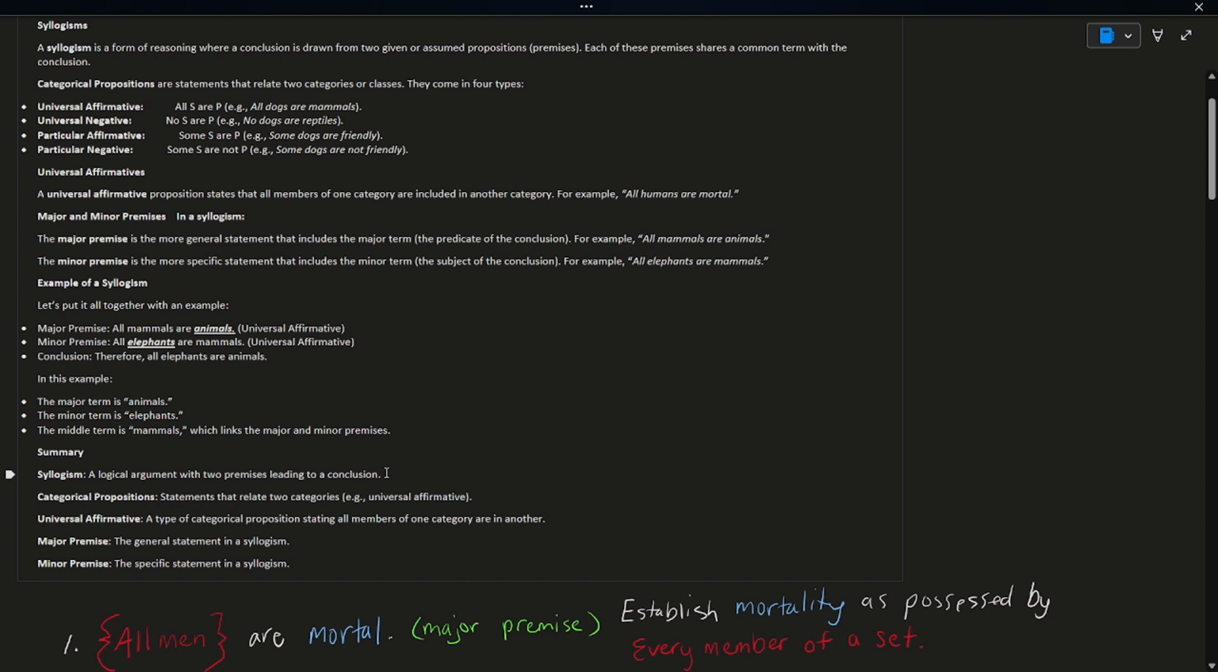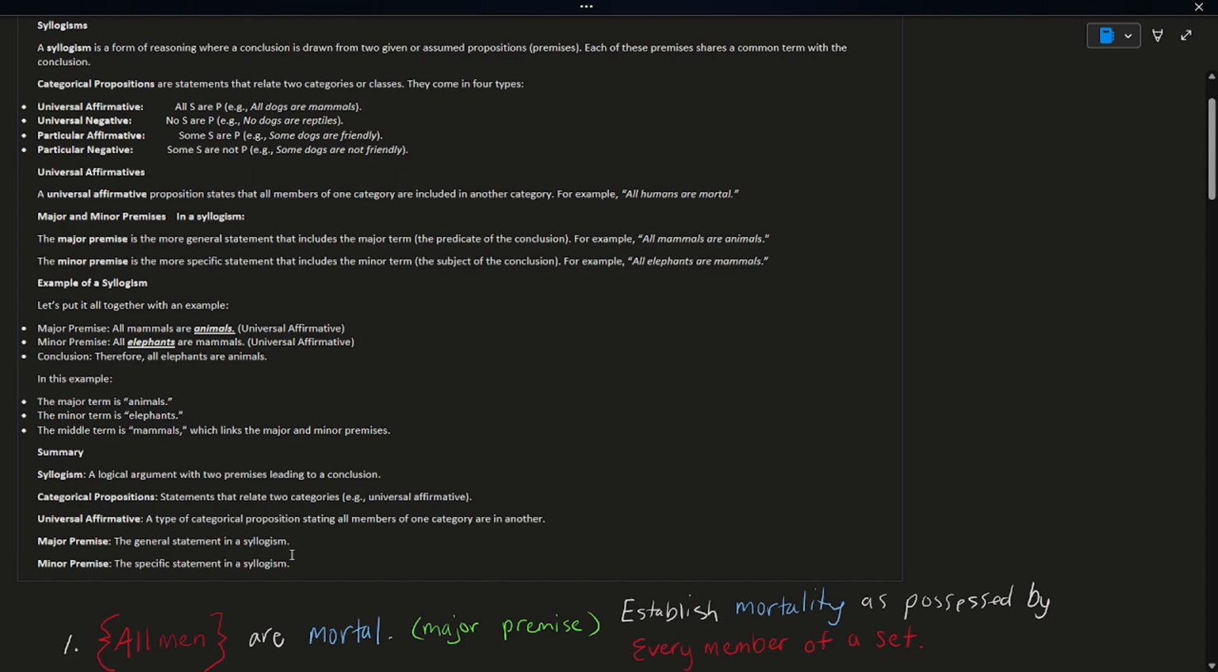leading to a conclusion. Categorical propositions are statements that relate two categories. An example would be universal affirmatives, a type of categorical proposition stating all members of one category are in another. And you have the major premise, which is the general statement in a syllogism, and the minor premise is the specific